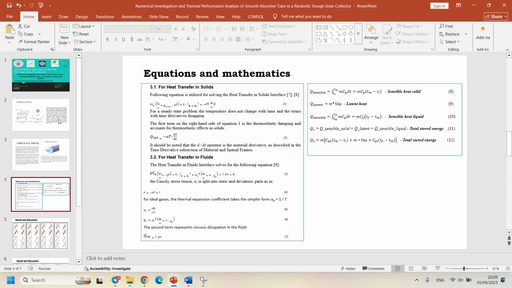The equation and mathematics, you can see, for modeling the receiver tube in COMSOL Multiphysics, we have just demonstrated